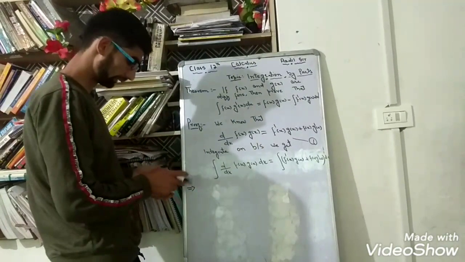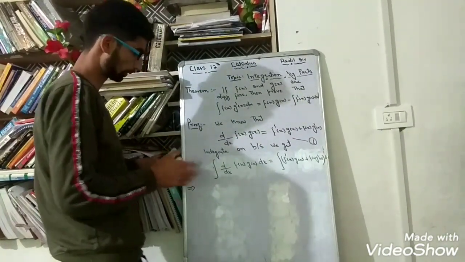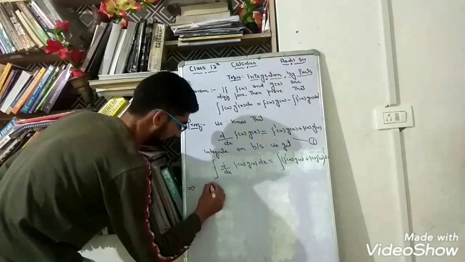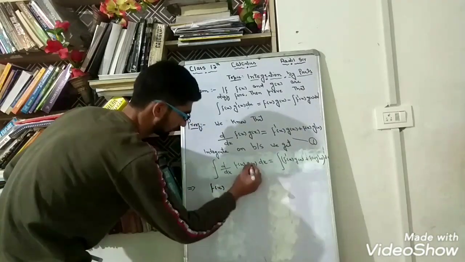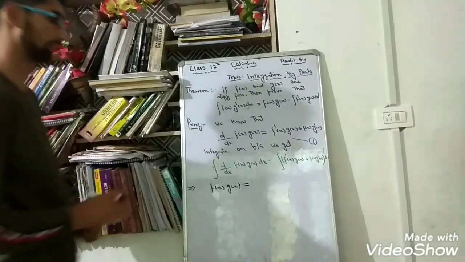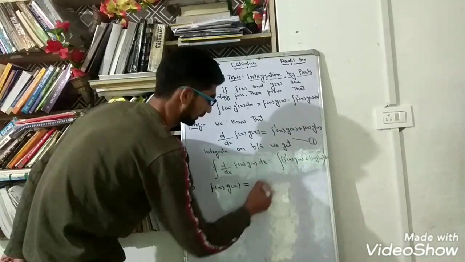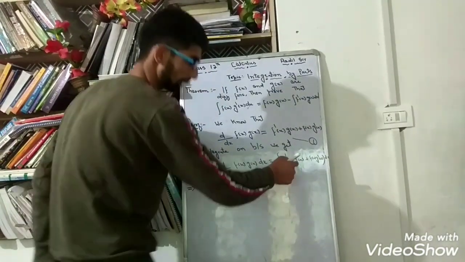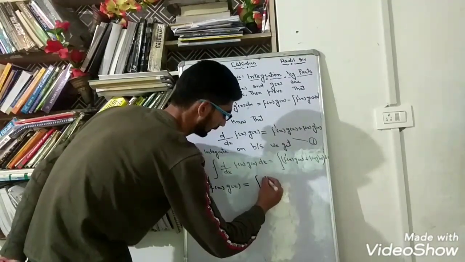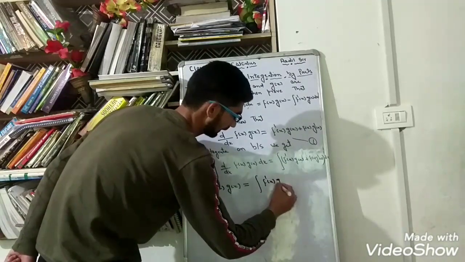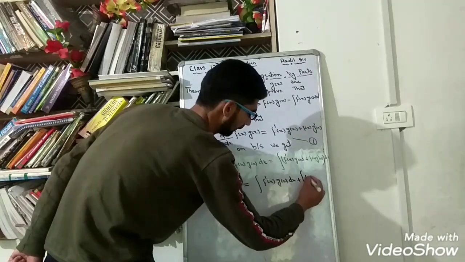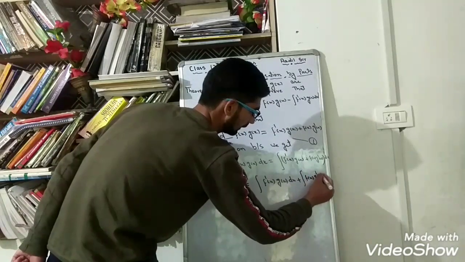When we cancel this out, we get f(x) g(x) is equal to, now we will separate these two, the integral of f'(x) g(x) dx plus the integral of f(x) g'(x) dx,